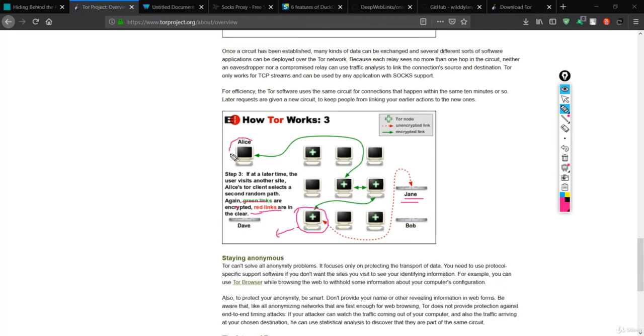So Alice will be having encrypted communications with this Jane, or basically with this person or this server, and that is the only way to protect the transportation of data, which is basically staying anonymous in the network. So it is a very important feature of Tor, that it will make us anonymous in the network.